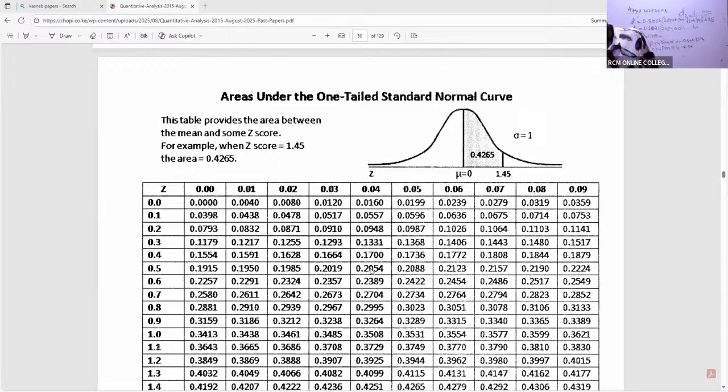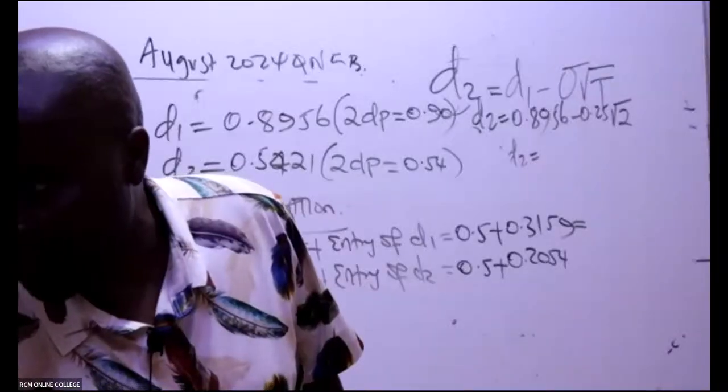4.54. Somewhere here, 2054. This one here, 2054. So plus 0.2054, plus 0.2054, like that. Why are we adding this 0.5? It's because of the